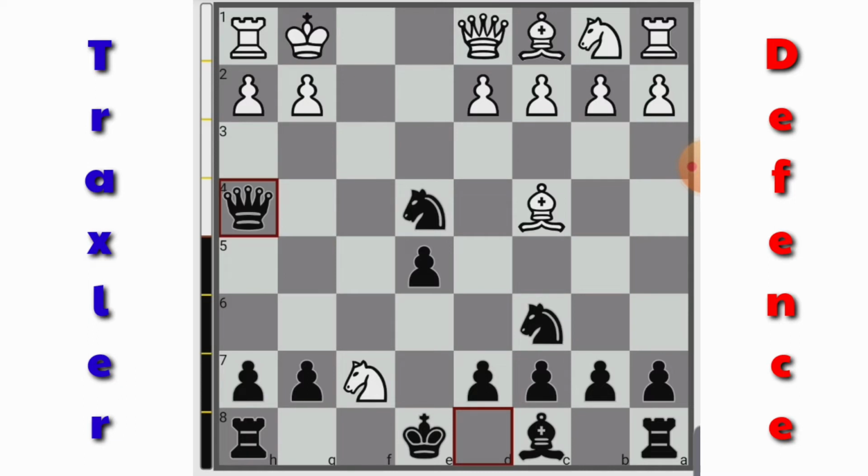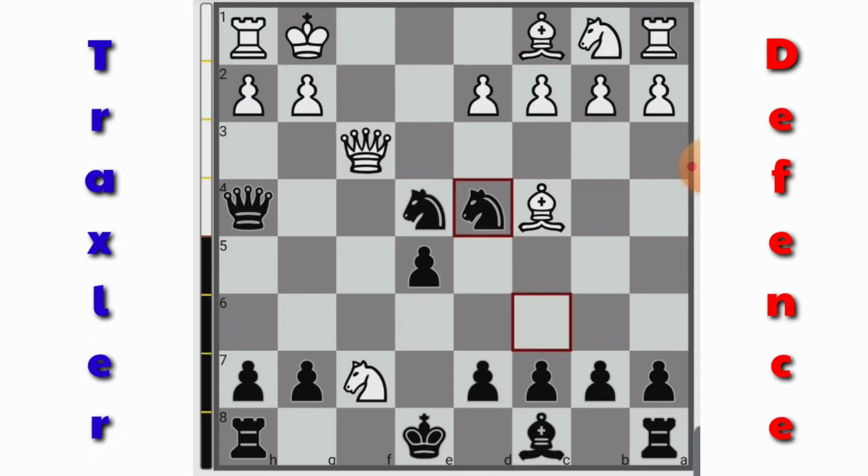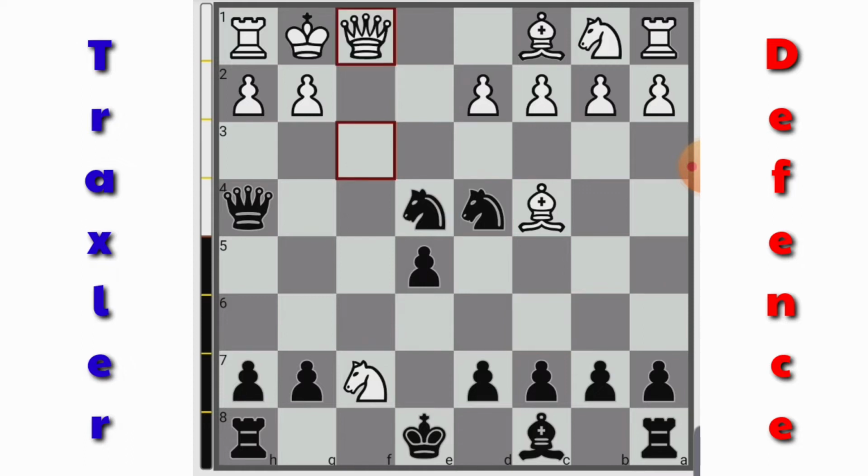queen, same as normal, h4, and this time queen will play f3. As we've seen before, after queen plays f3, knight will come up to d4, attacking the queen, and queen will fall back now to f1. Alright, as we can see, this queen is still on this f file, and so what we're going to do is we'll move this rook to f7, pinning that knight,